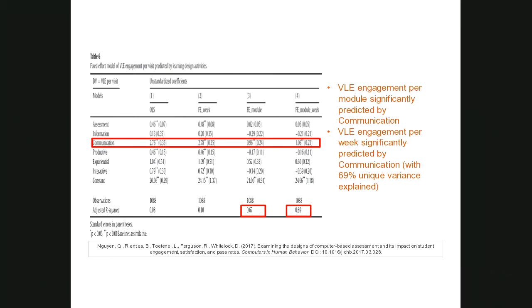So the way our teachers are designing courses has a 69% link with what our students are actually doing, and the key driver of that link is whether or not we include communicative activity. On the one hand, this is great because if we can influence what our students are doing by our learning design, and we can see that things are not working, we can also change them.